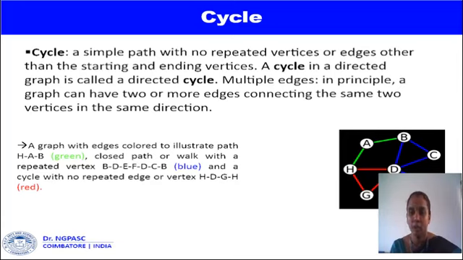So I am going to start from H and go by D, G and end with H. There is no vertex repeated here, so this forms one path. From H, A, B, from H to B I am traveling, this green line indicates one path. And this blue line indicates the closed path or walk. In a closed path the vertex can be repeated. So this is about cycle, path, closed path.